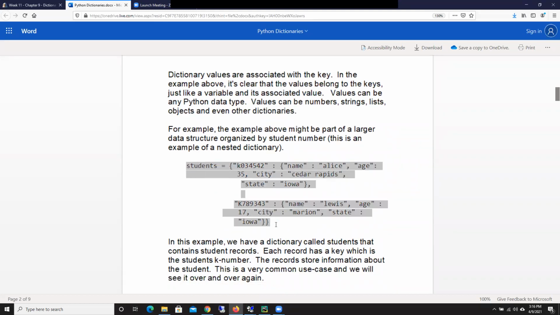So here's another example of a dictionary called students, and each entry in the dictionary consists of the key and the value, which happens to be another dictionary. Okay, so for the students dictionary, we have keys. And this is an example that Kirkwood might use if you were writing a program for Kirkwood where we use the K number to identify the student. So we have the K number, and the value that's associated with that key is a dictionary that has information